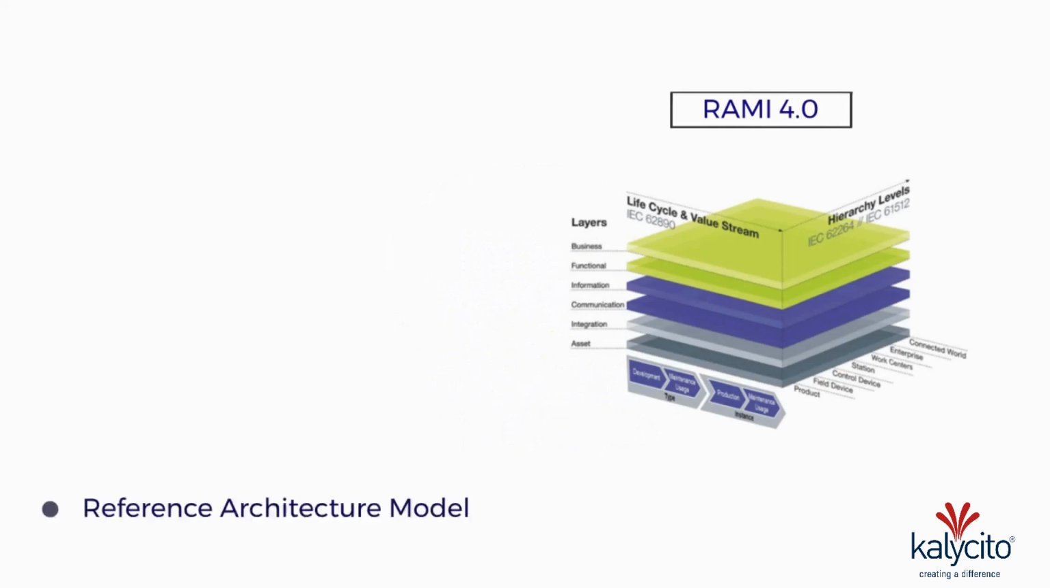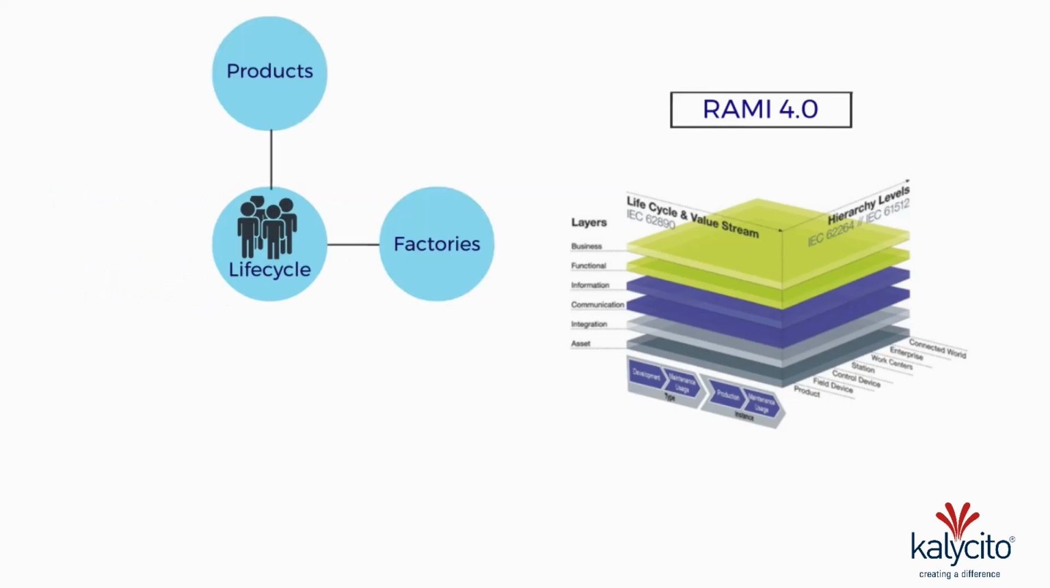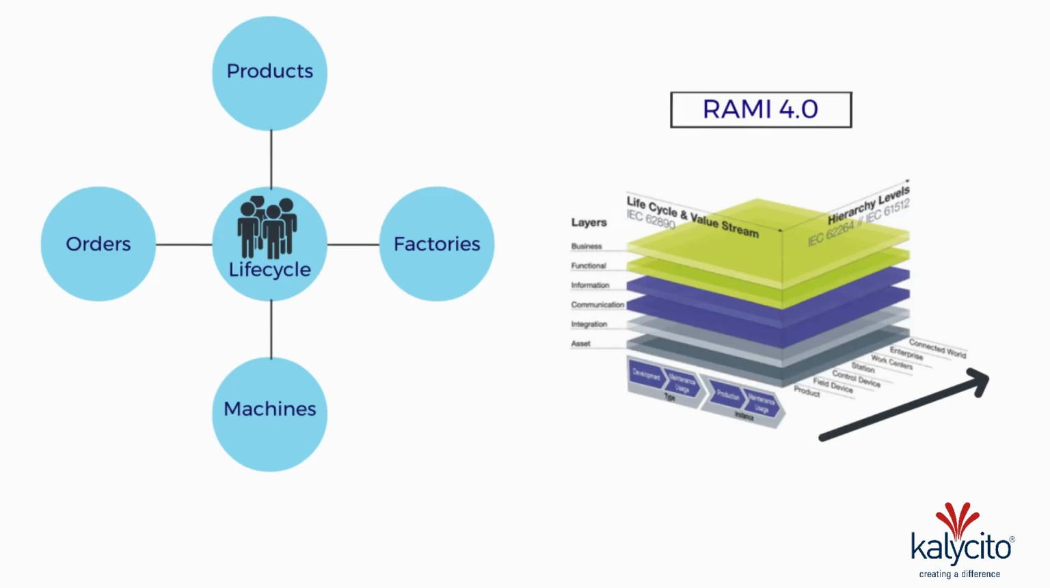So how does OPC UA fit into Industry 4.0? Let's answer that with an introduction to RAMI 4.0, which is the reference architecture model that was developed to modernize manufacturing in Industry 4.0. RAMI 4.0 is a three-dimensional reference model that helps all stakeholders to have a common understanding